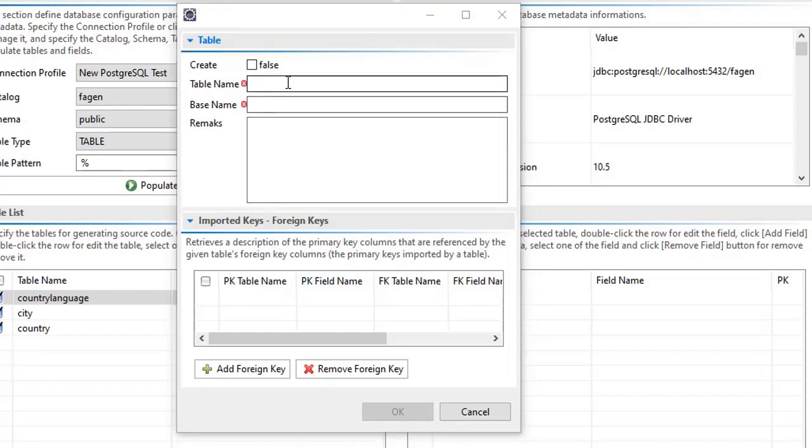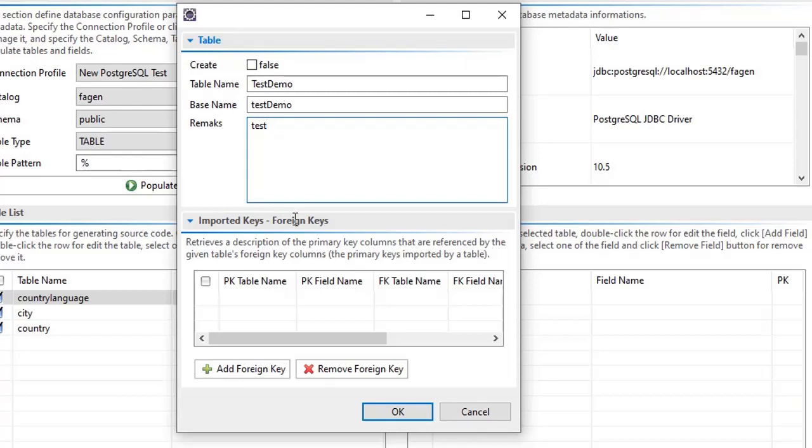So we can create another table. In this case, I want to demo the table name as test demo, and then the base name is also the same, test demo, and then the remark you can put anything.